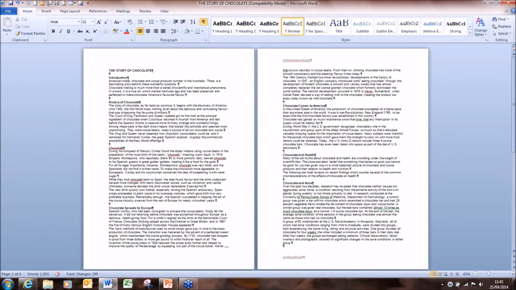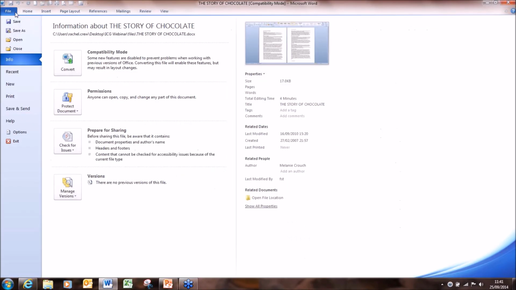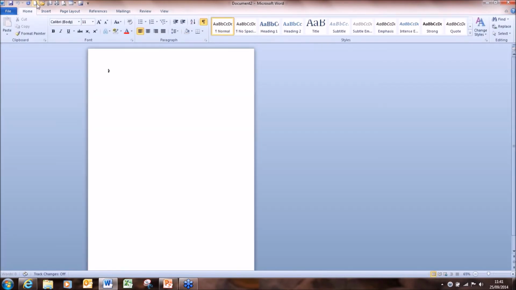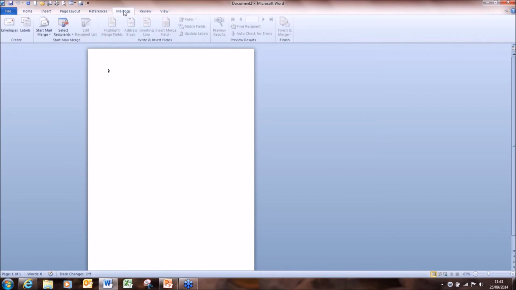So that's actually the same in 2007, 2010 and 2013. It's all the same way. So a mail merge is if you want to merge a list of names and addresses with a letter. So I've just got a new document and I go to Mailings, Start Mail Merge, Letters,